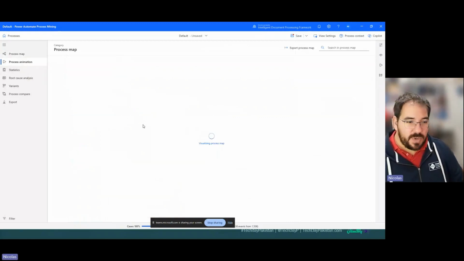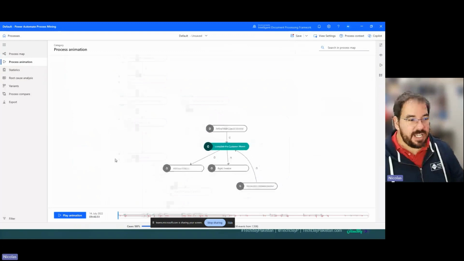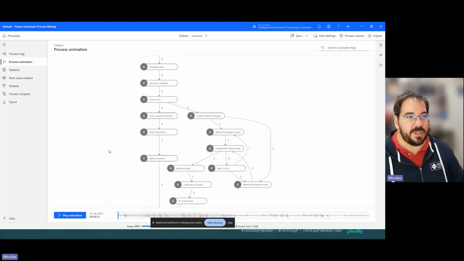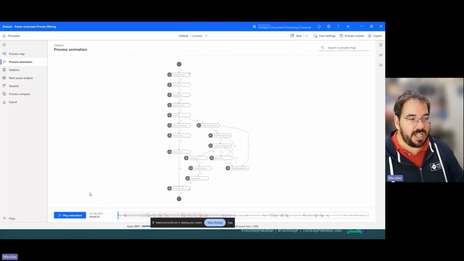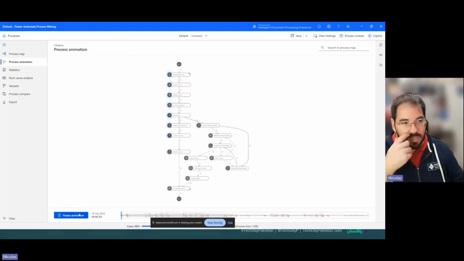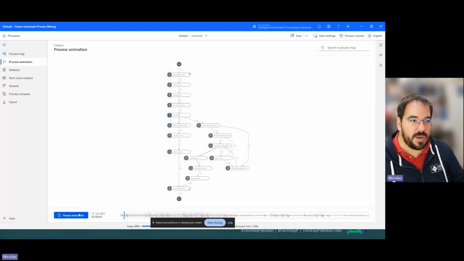Something that is quite amazing, really nice to see, and I'm going to finish with this animation, is the way you can actually see how the process, with all the timestamps, how all these processes are being processed, when they stop in one stage, when they're blocked, how they pass different gates of the process. That's something you can see